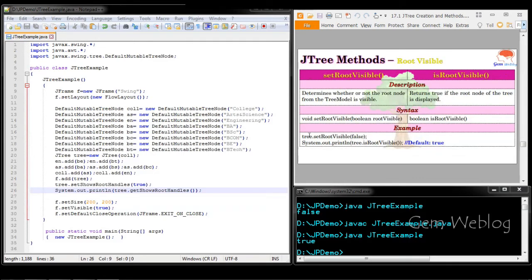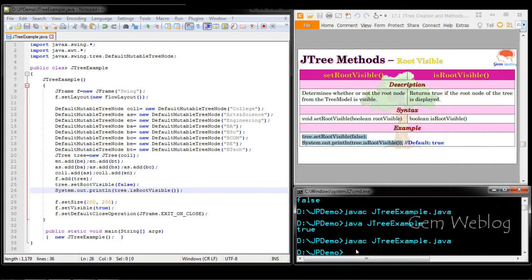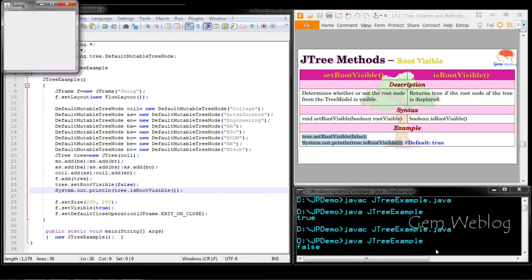Next, if you want to hide the root, you can make setRootVisible false. Initially it is true, so you can see the root. Now we have set it as false, so the root is not visible to the user.